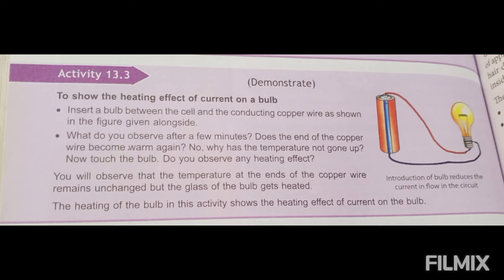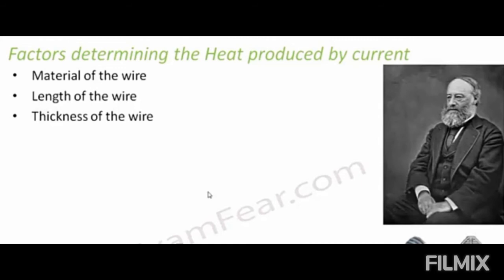So we can also say that the amount of heat produced in a wire depends on the following factors: material of the wire, thickness of the wire, length of the wire, and the strength of the electric current, that is, how much electric current is flowing in the circuit. Long and thick wires have higher resistance than short and thin wires. Thus, different materials with different lengths and thickness and varying current intensity are used in different appliances depending upon their requirements.